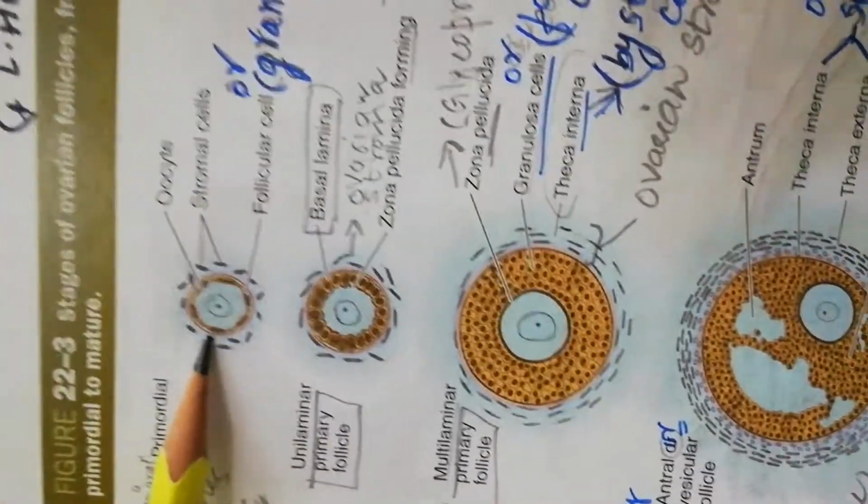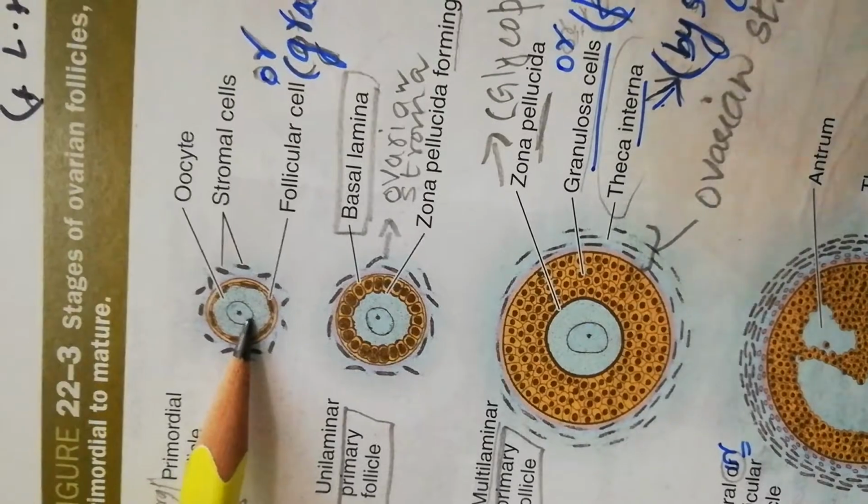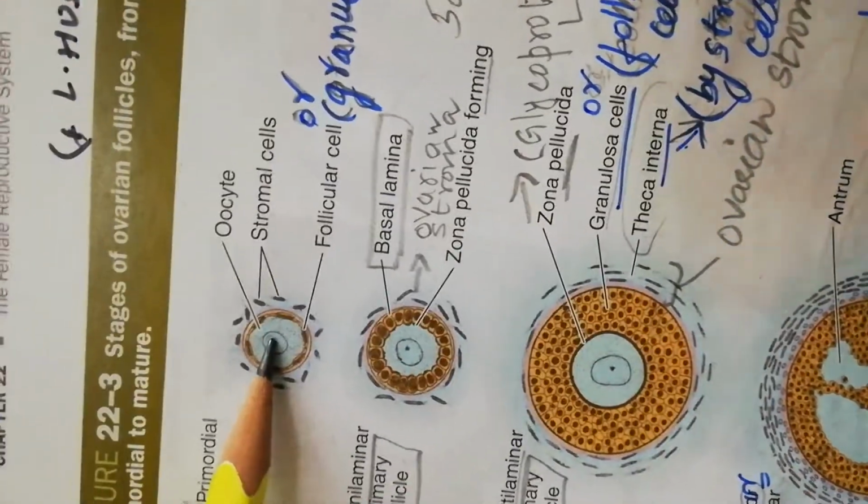Now just focus on this primordial follicle. What does it consist of? It basically has the oocyte in it, now having the